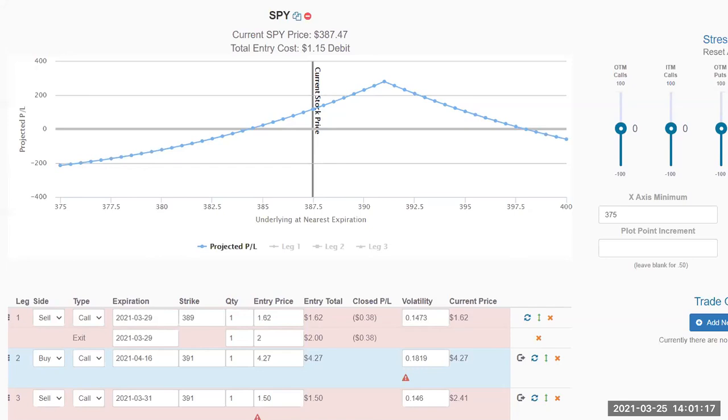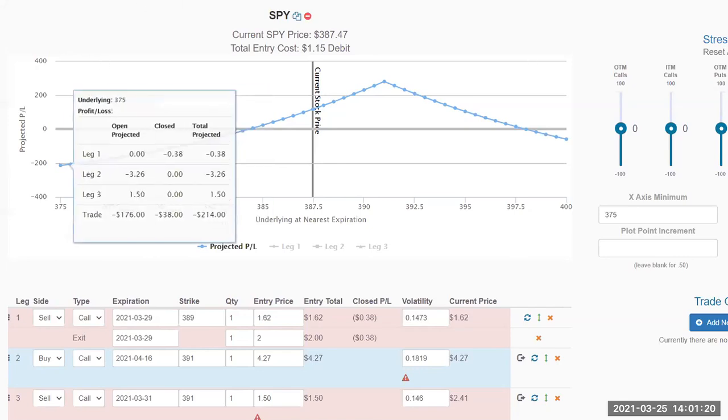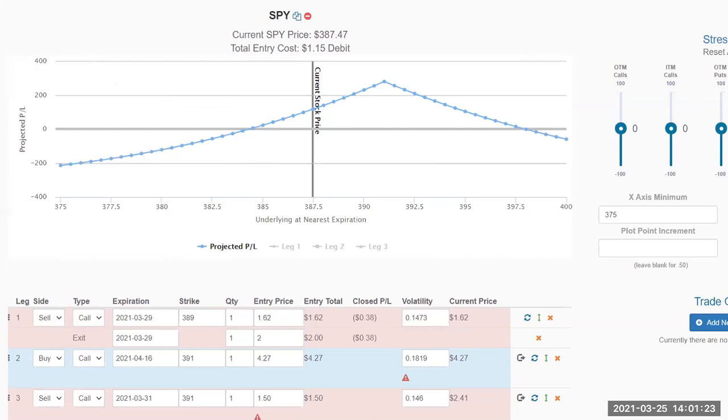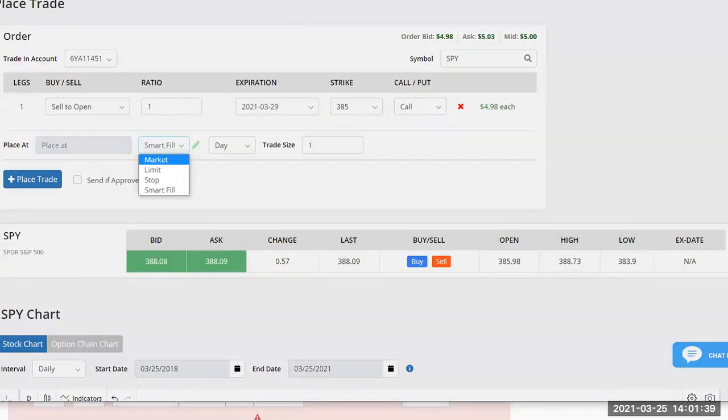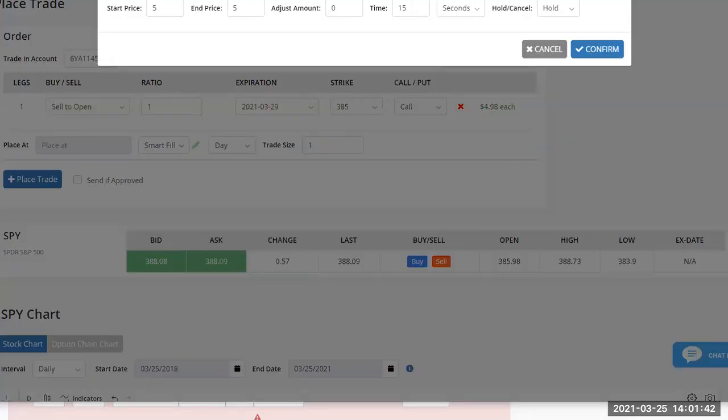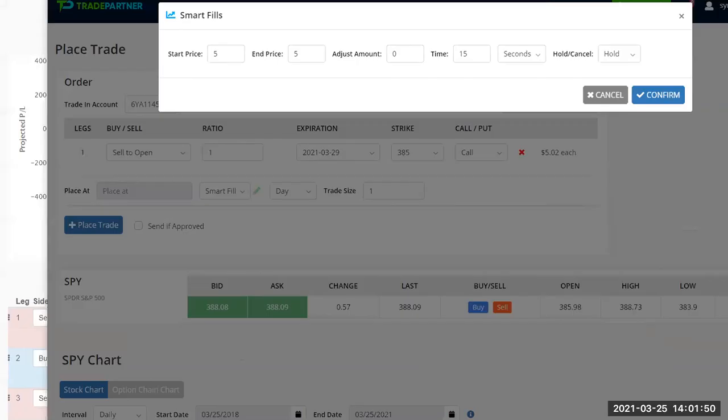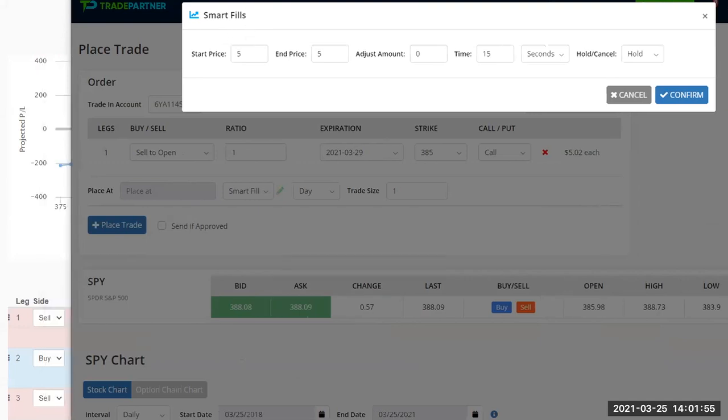If time permits, can you go over advanced smart fill, specifically stop adjusting, for example? So Michelle, quite frankly, the stop adjusting is the same thing. Let's just take a look at this here real quick. Smart fill. Let me pull this down. There we go. All right, so this is the same thing.